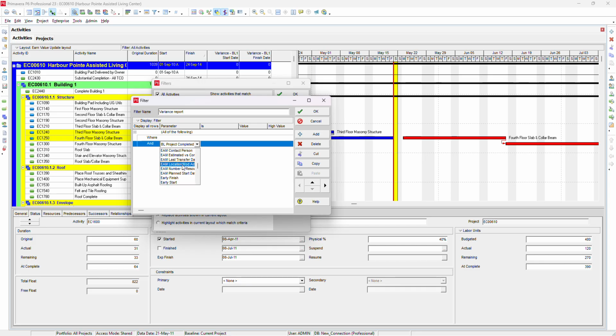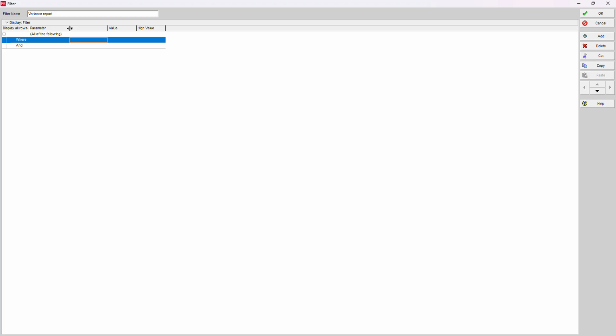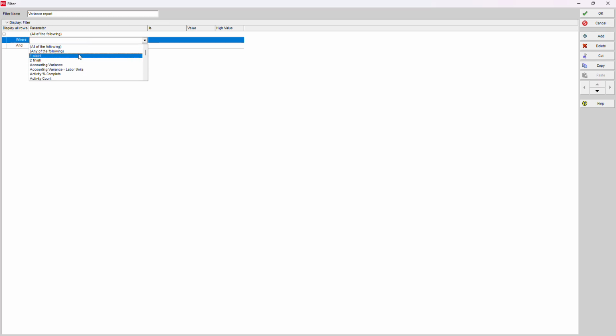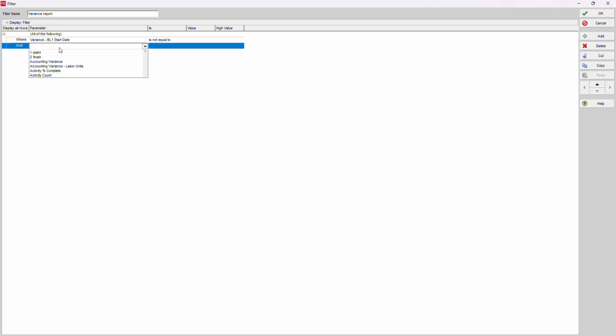You need to understand how we need to calculate. So I'll go to the variance, just make this parameter a little big. Here, variance BL1 start date is not equal to 0. It's not equal to 0, and also, and